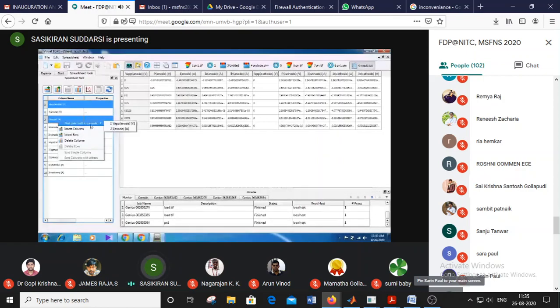It is asking for a graph having both an x-axis and y-axis. What variable do you want to plot on the x-axis? I am taking the voltage on the x-axis, and by default the other variable will be plotted on the y-axis.